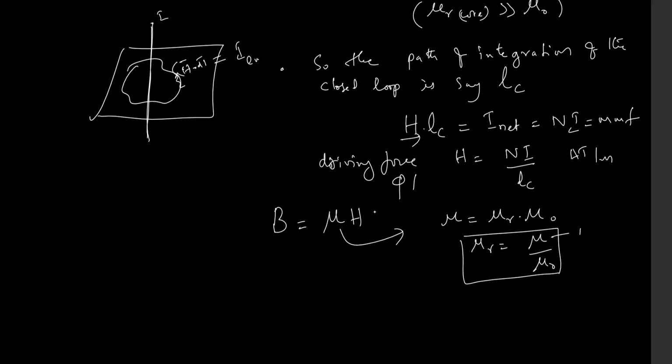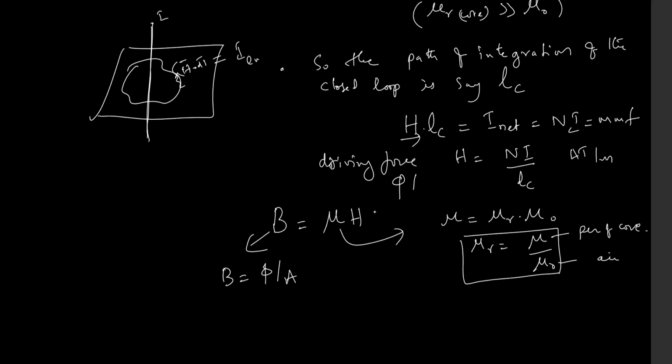Mu is the permeability of core, right? And this is permeability of free air, right? And also the flux density B is equals to flux per unit area,